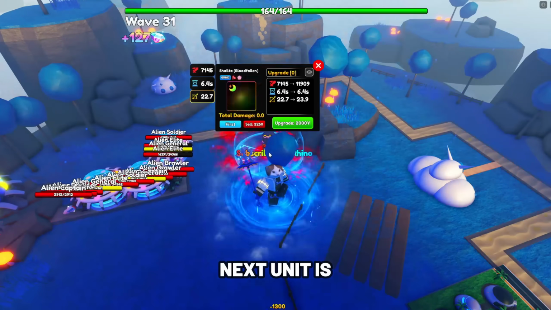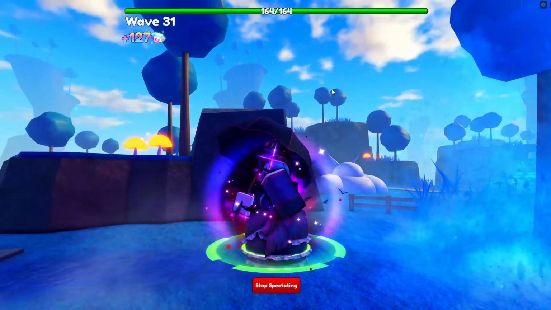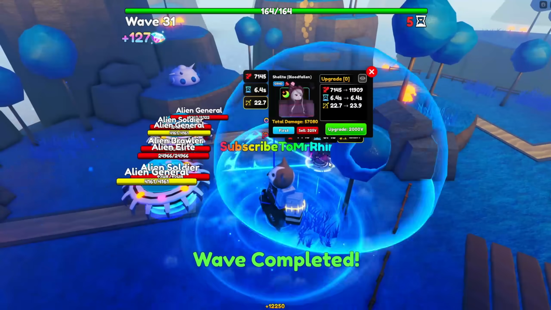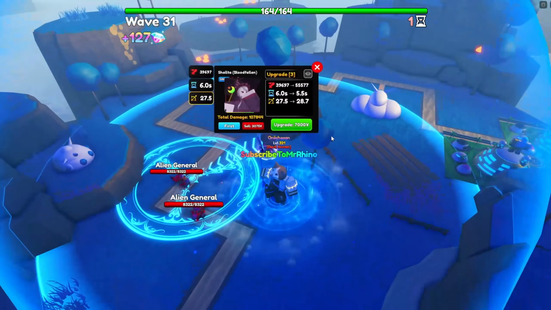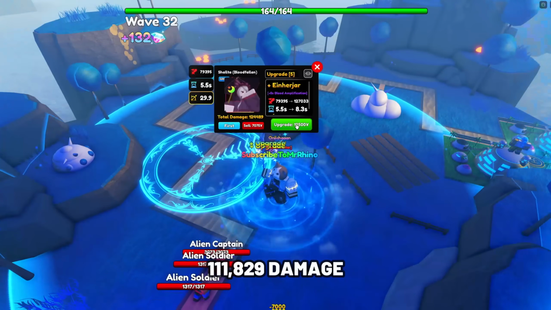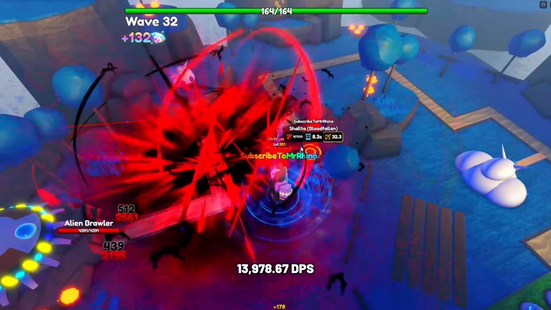Okay, next unit is Shalltear Bloodfallen. Shalltear is one of the newest units added in this Update 16, and she became the best leading amplification unit. Especially since she has a better DPS and AoE size than Power Fiend. Shalltear's stats at max upgrade and max level are 111,829 damage with her SPA at 8 seconds, making her damage per second